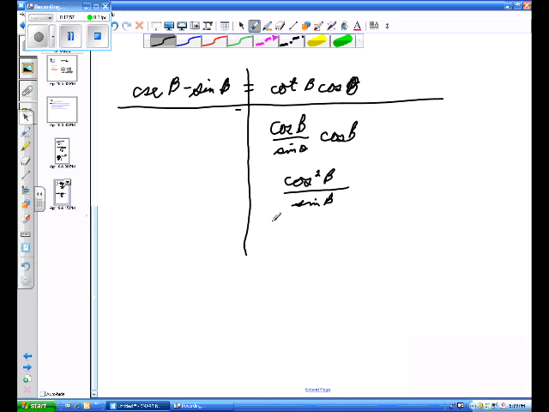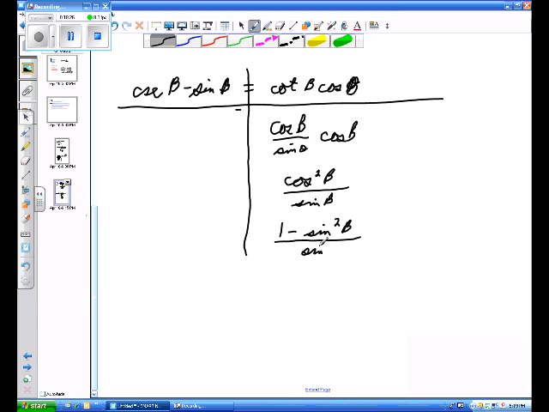Now, the reason I want to work from this side is so that you can see how you begin to change a multiplication problem to a subtraction problem. And usually to do that, at some point, you're going to have to factor or distribute. So what we know here is that cosine squared is 1 minus sine squared